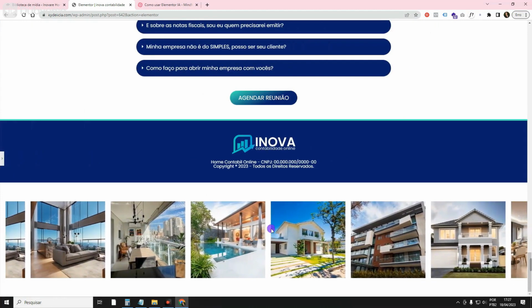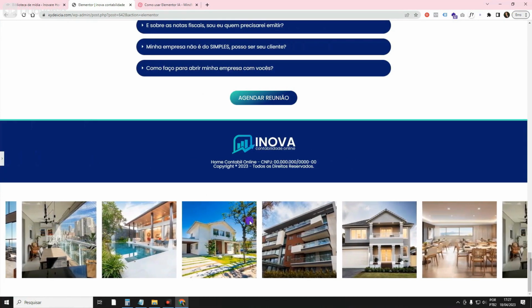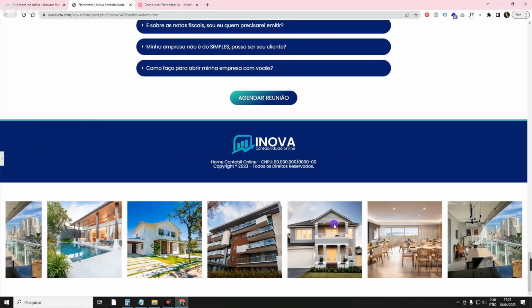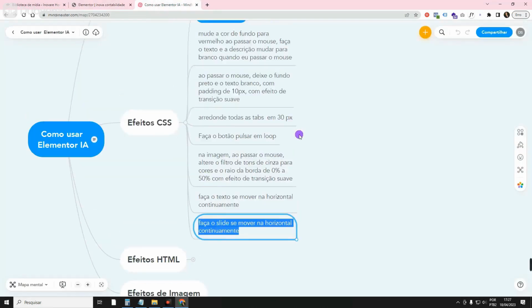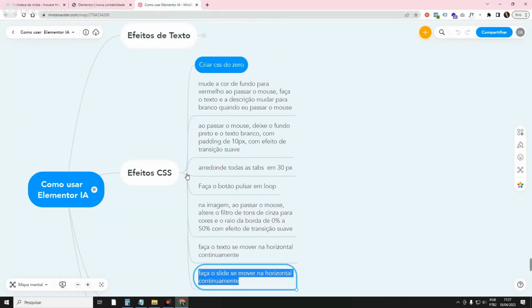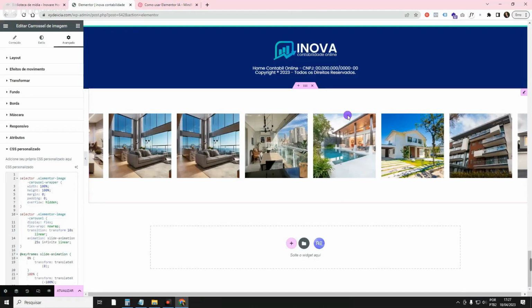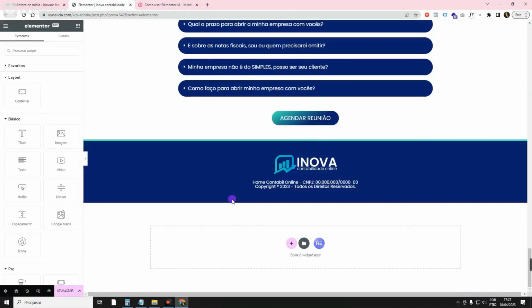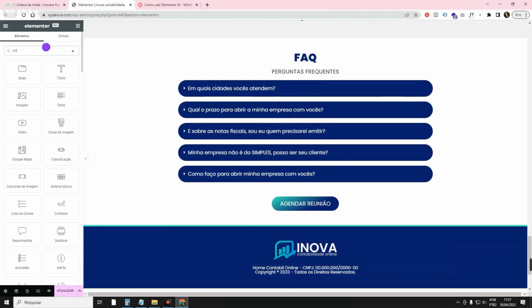It put the spaces here, but anyway, you can ask it to redo the command or remove these spaces from the CSS, but even so, I thought it was really cool. So there's a lot we can do via CSS here to make the layouts more beautiful without needing additional plugins for each little thing, right? There are also effects in HTML, so just as we can modify here in CSS, there are in HTML too. So we get the HTML widgets here.